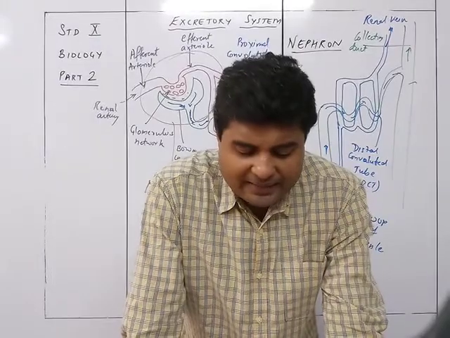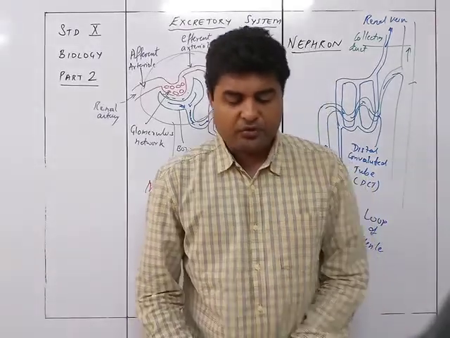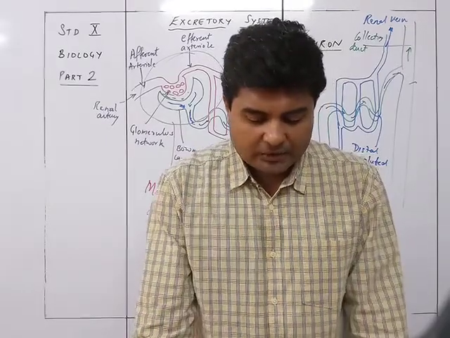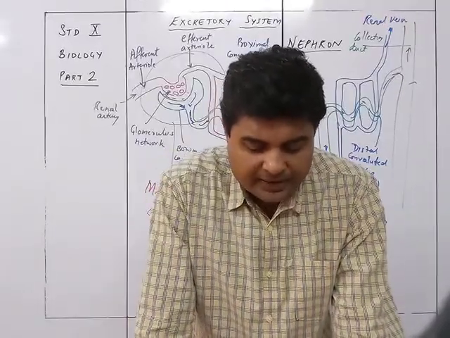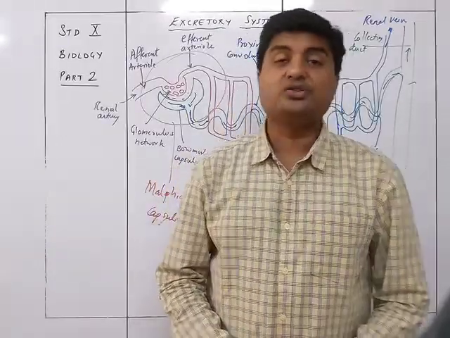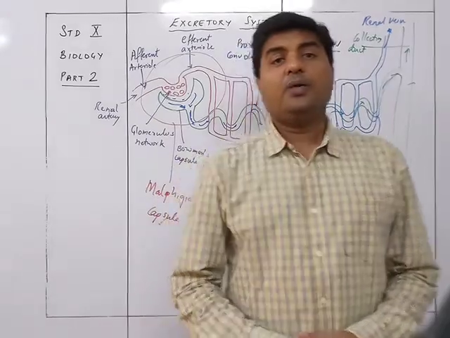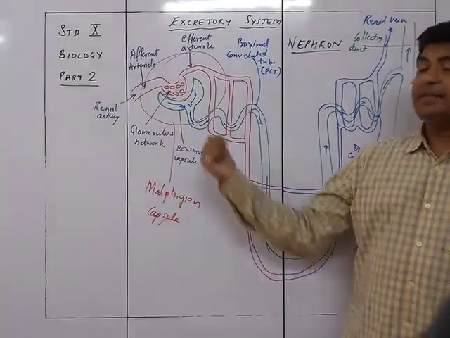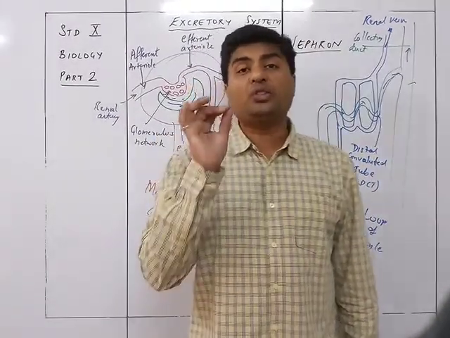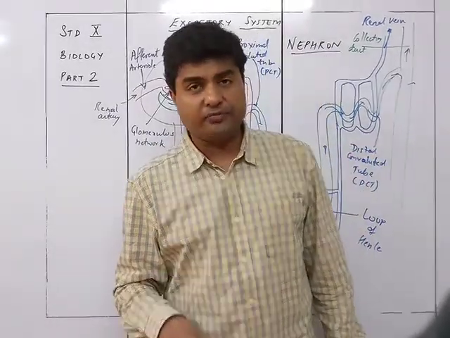So glomerular filtrate entering the renal tubule is not urine. This is an extremely dilute solution containing a lot of useful material including glucose and some salts such as those of sodium. As the filtrate passes down the tubule, much of the water is reabsorbed together with the useful substances, but the reabsorption is only to the extent that the normal concentration of blood is not disturbed. This is called selective reabsorption. So once it is entering into this particular area, there will be selective reabsorption. Selective reabsorption means what? It is going to take in only those substances which are required for not hindering the normal constitution of the blood.